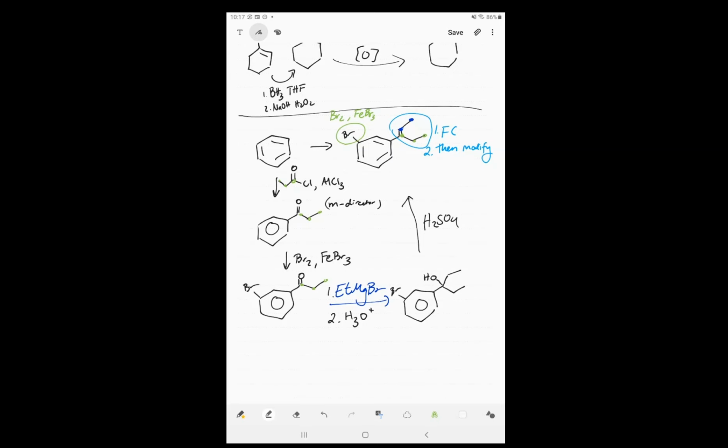Alright, so these are the considerations we need to make. Adding carbons to molecules: Grignard and Friedel-Crafts. Well, Friedel-Crafts adds carbons, but Grignard and Wittig are our 2 main options here. Wittig works for Z-alkenes. If you have an E-alkene, chances are you're going to need to use a Grignard reagent, unless you have some way of stabilizing. If on your molecule you have already some stabilizing component that you need, for example,